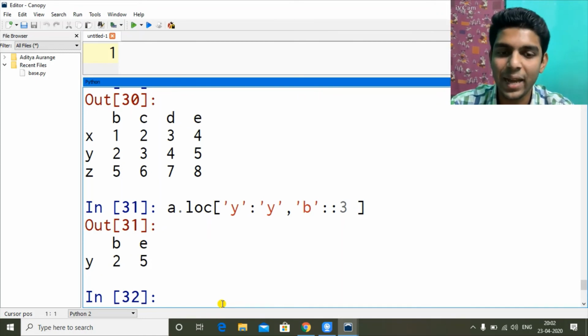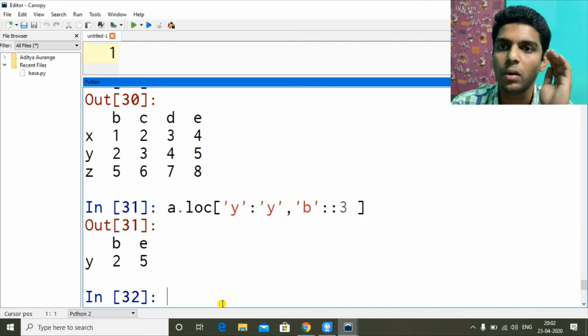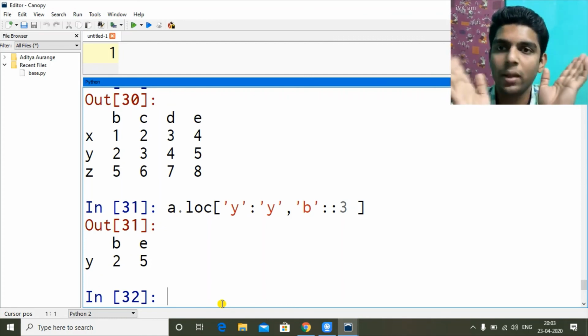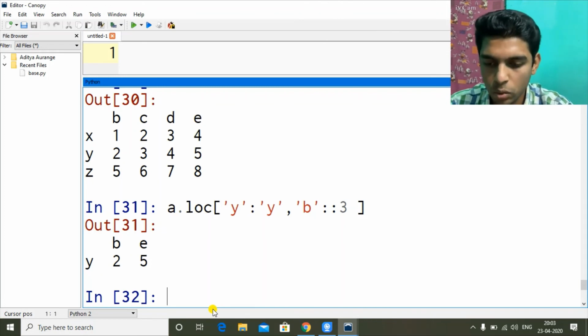So now let's see the ILOC function. So ILOC, I means normal indexing. So instead of using these labels A, B, C, D, X, Y, Z, we can use numeric values in terms of these character or word labels, names of index and columns. We can use 0, 1, 2, 3 normal indexing, and here the normal behavior works, which is excluding the last part. So 0 to 2 means 0 and 1 only, excluding 2. How it happens everywhere. So in LOC only the last value gets included.